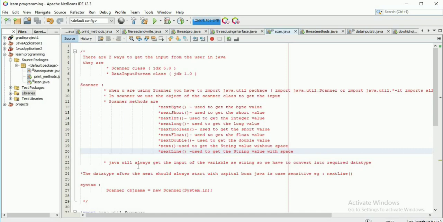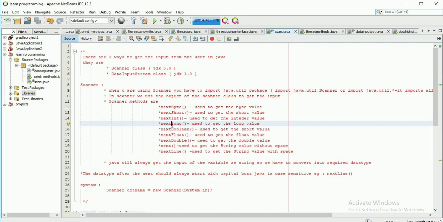In Java, it will always get the input of the variable as a string, so you have to convert it into the data type. For example, in the nextInt method, next is used to get the string value and Int is used to convert it into the integer value. The same applies to long.